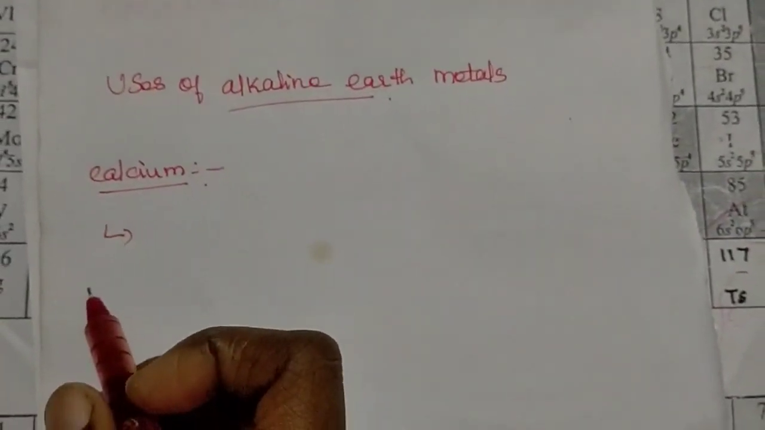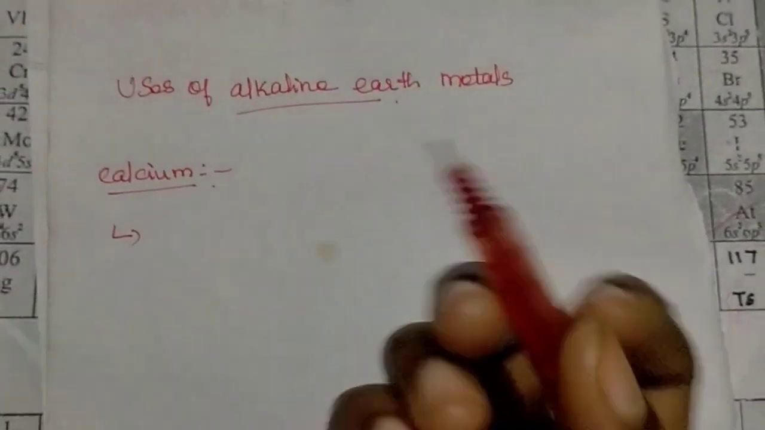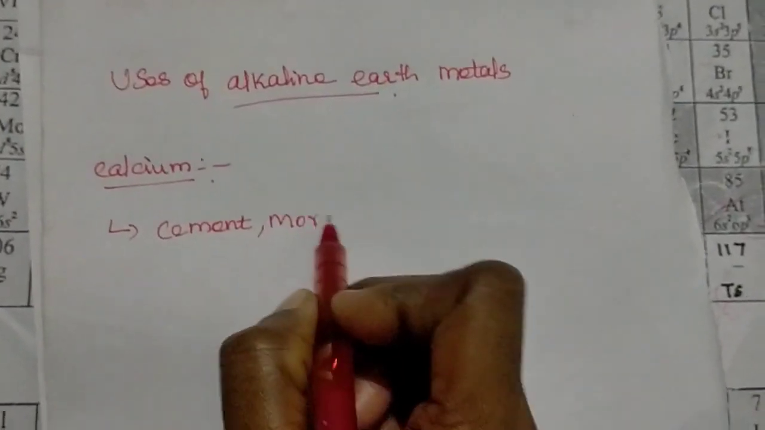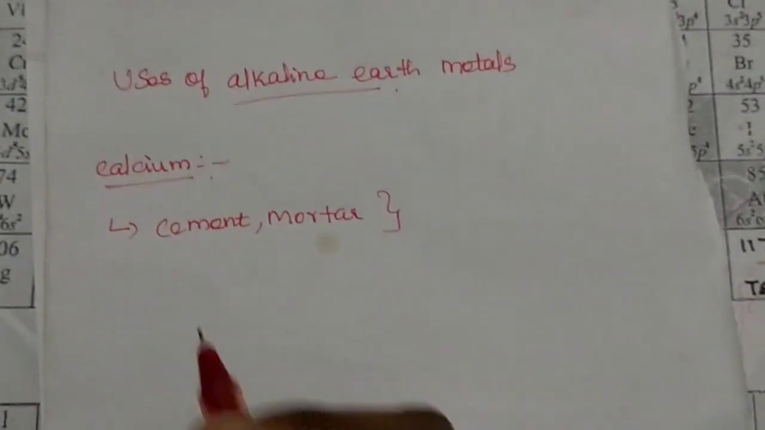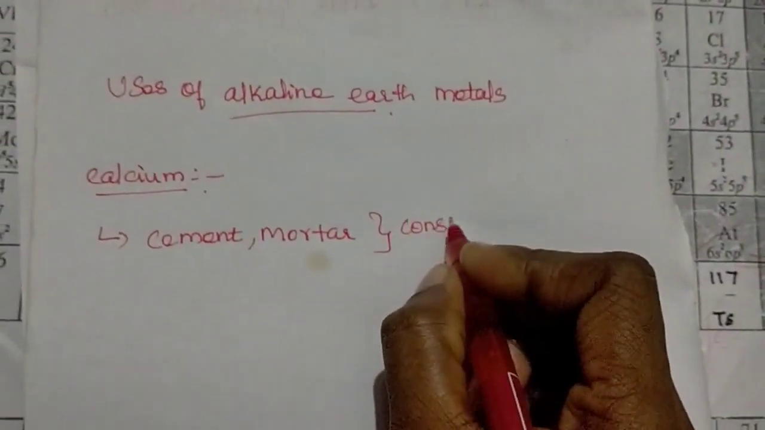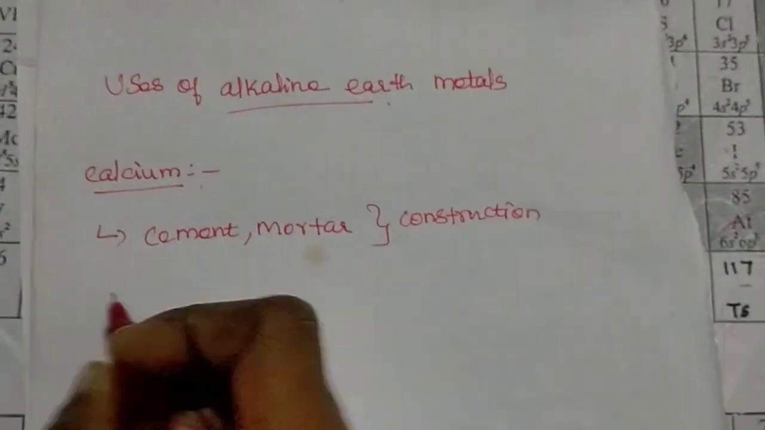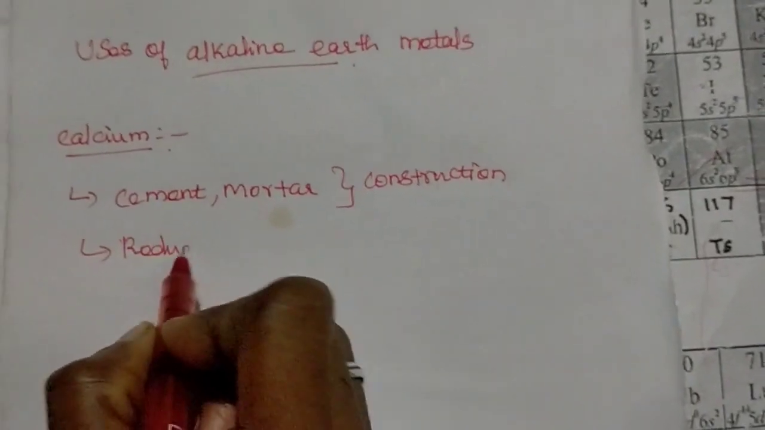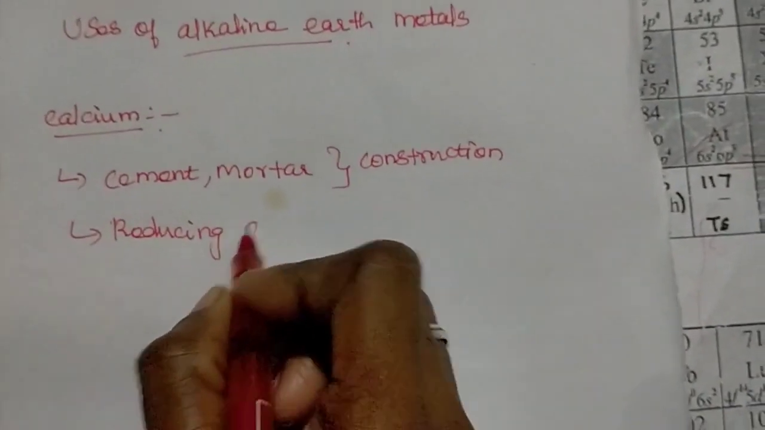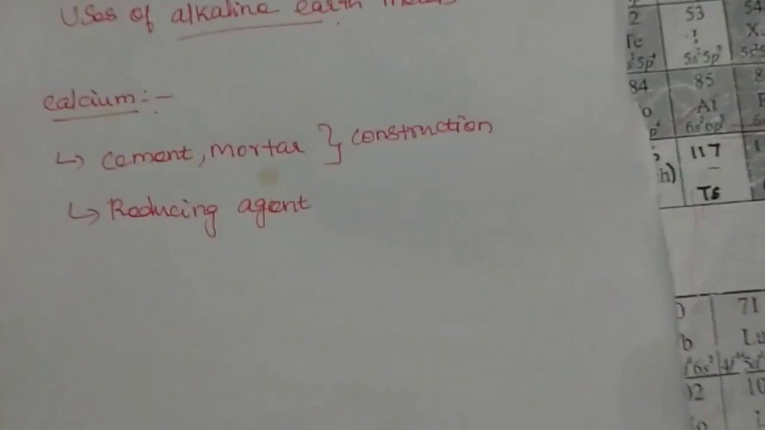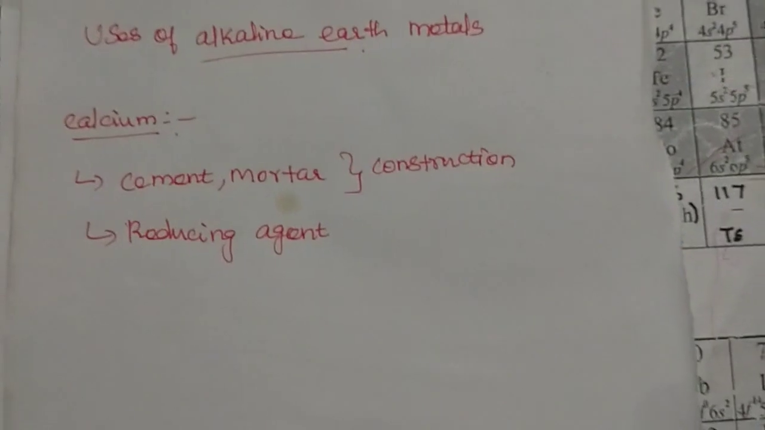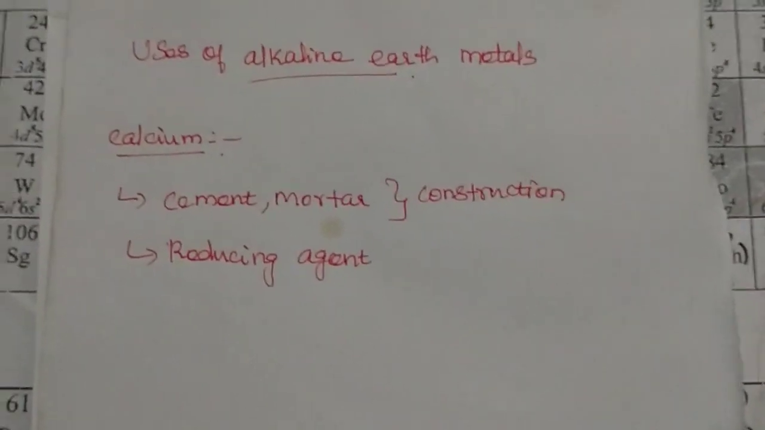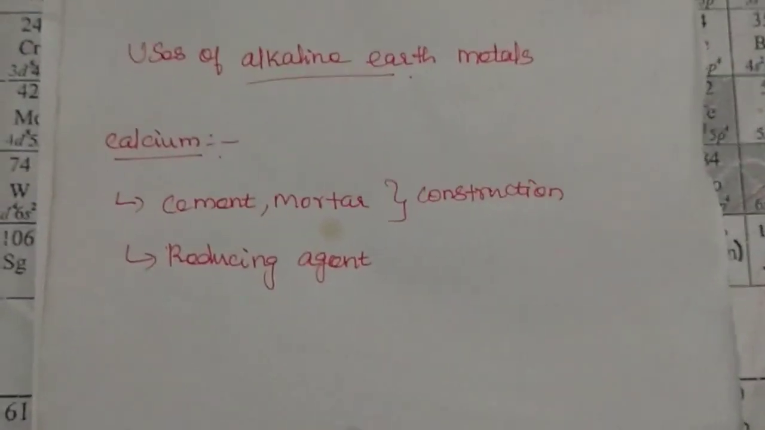Mostly calcium is used for making the cement and mortar. So the cement and mortar are mainly used for construction works. The next use is as a reducing agent. Calcium is used as a reducing agent in the metallurgy of uranium, zirconium and thorium. That means to separate out the uranium, zirconium and thorium from the ore, from their minerals, we use this calcium